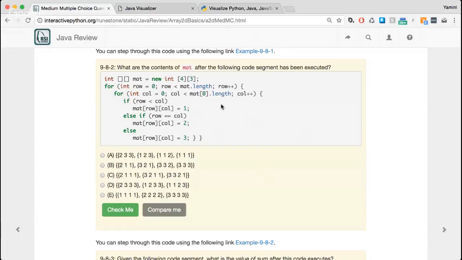Right? Because it's the first square braces. So that's talking about the row 0. Okay, so as long as column is, okay, so dot length, as long as it's less than the first, well then,